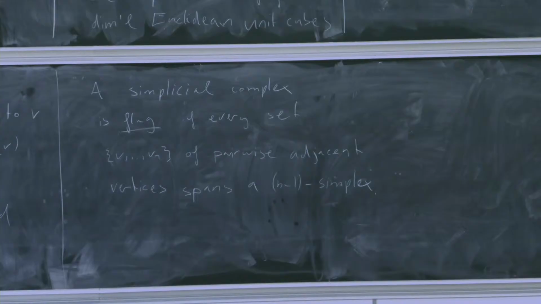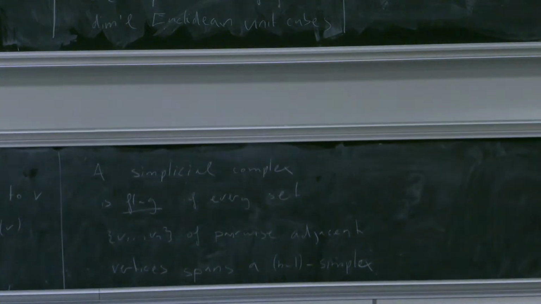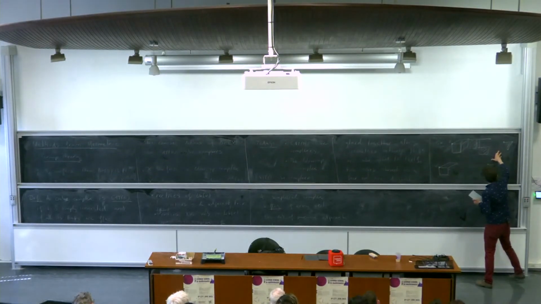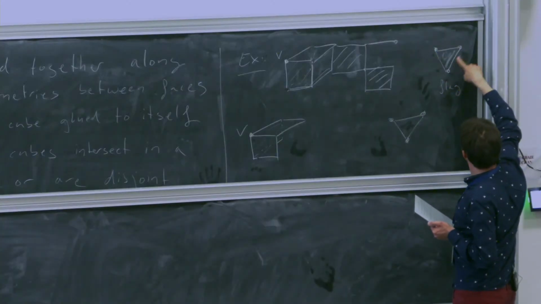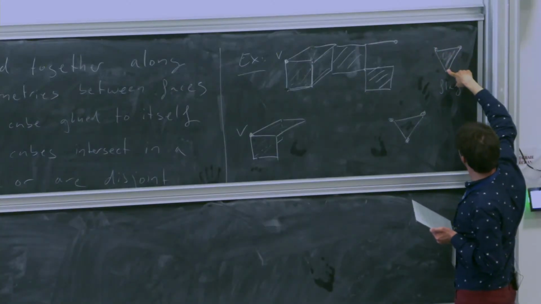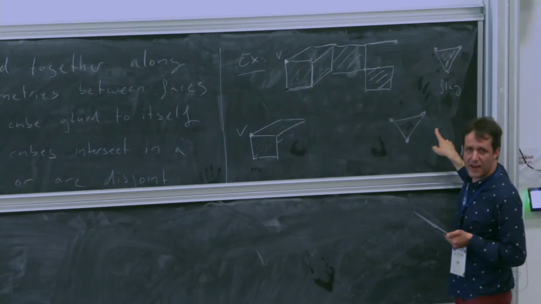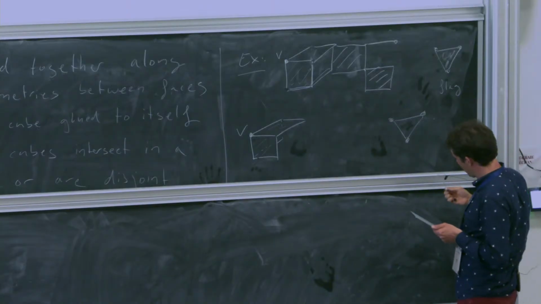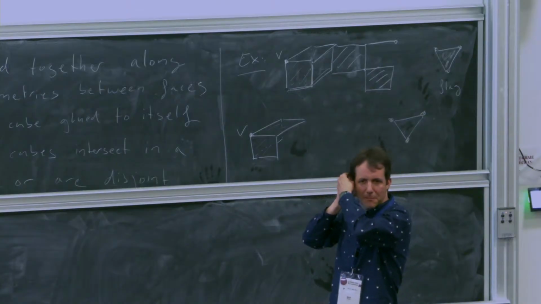So we see that this link here, this simplicial complex, is flag. Here the vertices are pairwise adjacent, and they also span a 2 simplex. This one is an example that is not flag because, again, they are